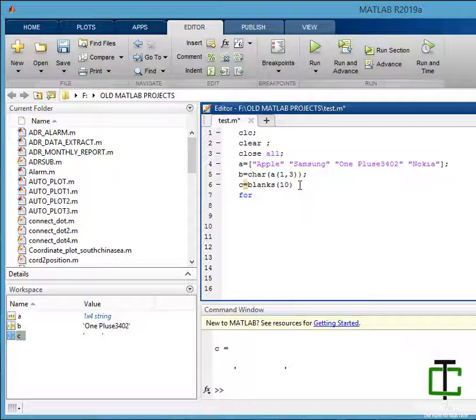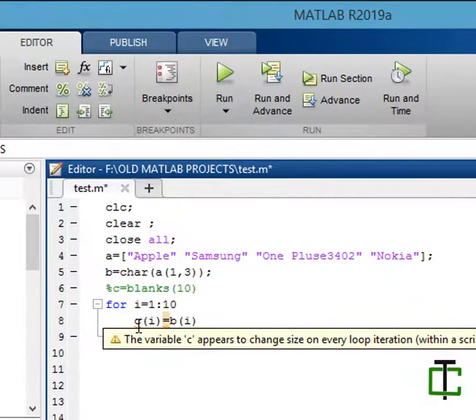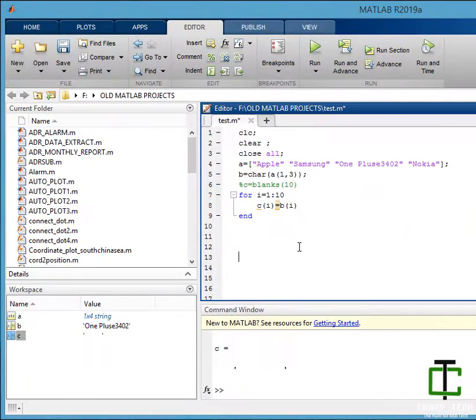Why? Let's see. i equals 1 to 10, and c(i) equals, let's say, b(i). So let's comment it out. Then the compiler will show you a warning: the variable c appears to change size on every loop iteration. What is this warning about?